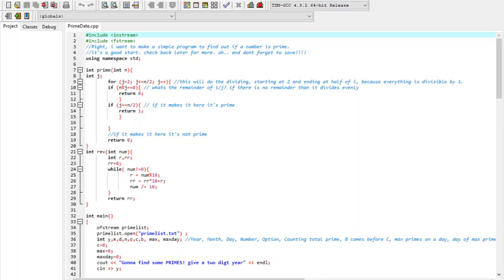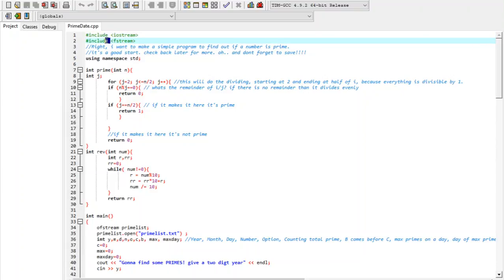I've changed a lot. The first thing you'll note is that I've changed the name from main.cpp to prime date, because it makes more sense that way. Also, I got bored of typing on screen, so I'm just going to tell you what I've changed and why, and show you what it looks like, because lots have changed. So I've added fstream there because